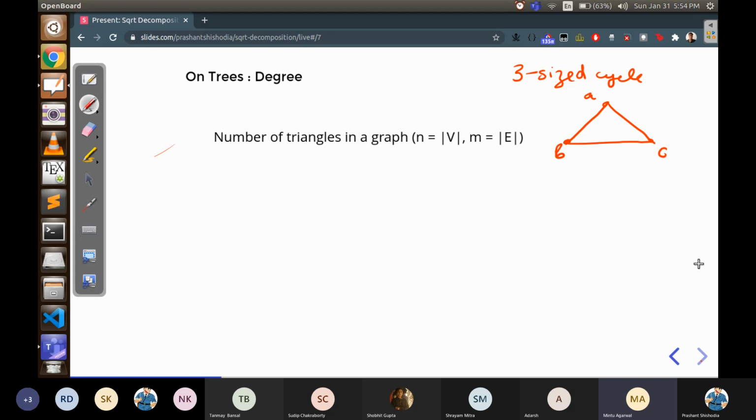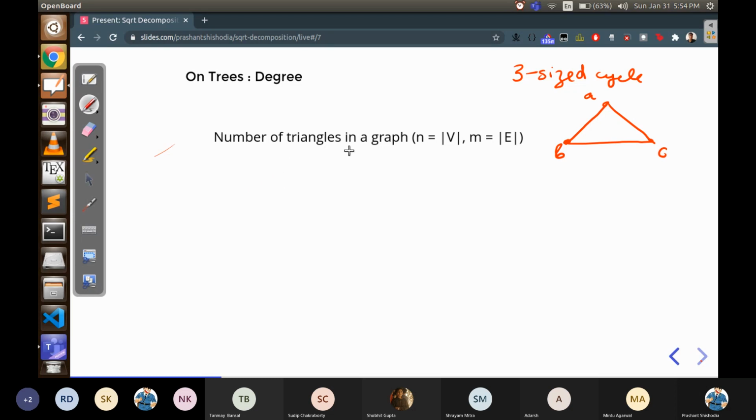We can start a DFS and we will have an array, like a three-sized array in which we have the last three nodes visited, and then we can update it and store it in a vector, and we must see that the size should be 4, and we must check whether the first and the last of the tuple are the same or not. Okay, I got you, but yeah, that would be quadratic, right? No, that would be cubic.